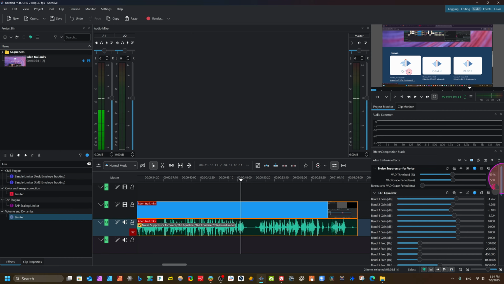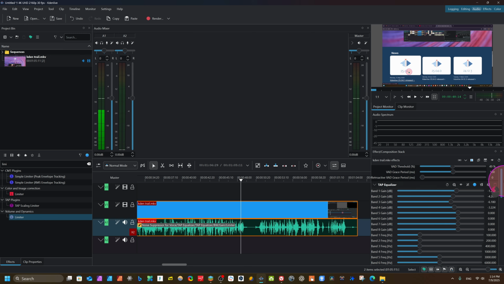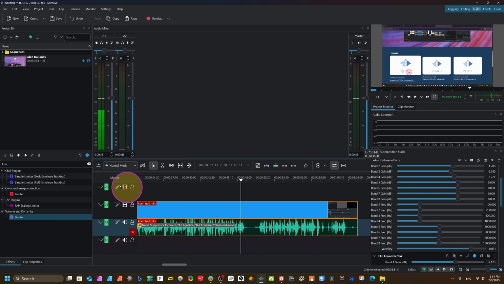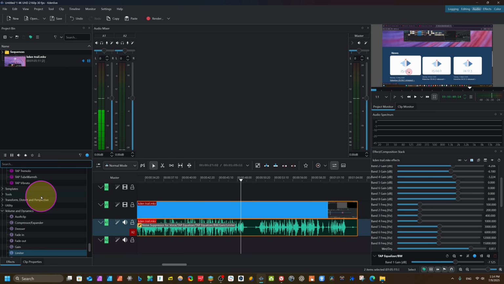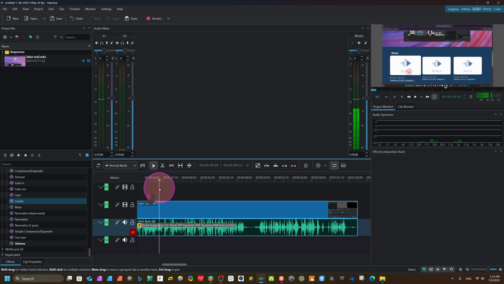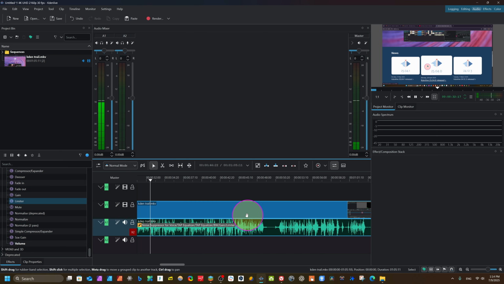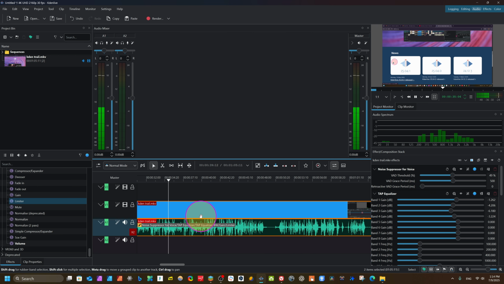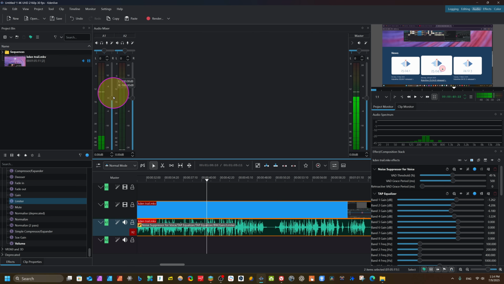When you edit in Kdenlive, try to use these effects from here. And there are also several very impressive effects in Kdenlive. You can check from here and apply to your clip. So now we listen. After applying all these, this problem has been fixed. There are also several problems which have been fixed in this update, dear friend. Now you can see it's not crossing our red level, which means it's okay. So we are satisfied with these settings, but anytime you can change here.